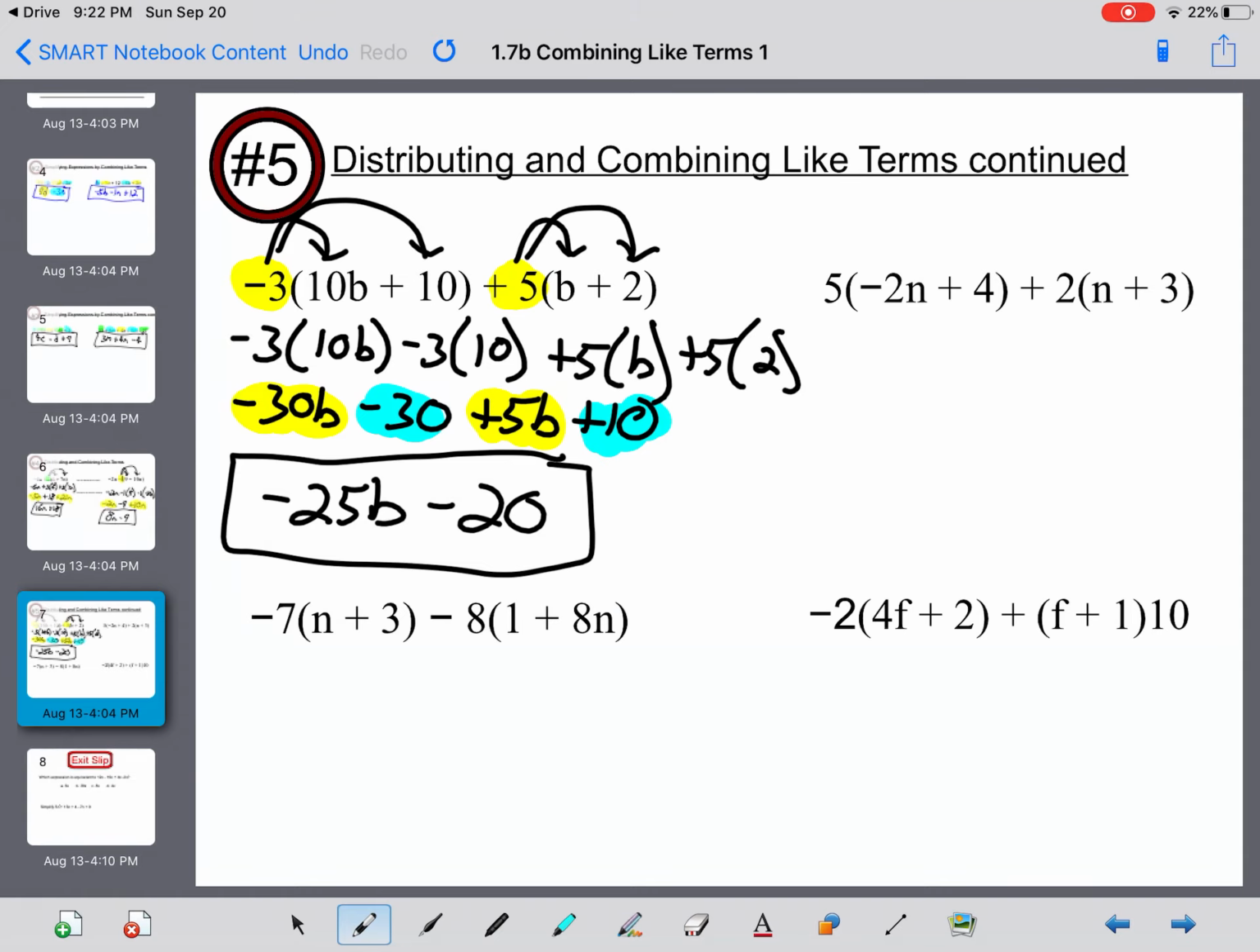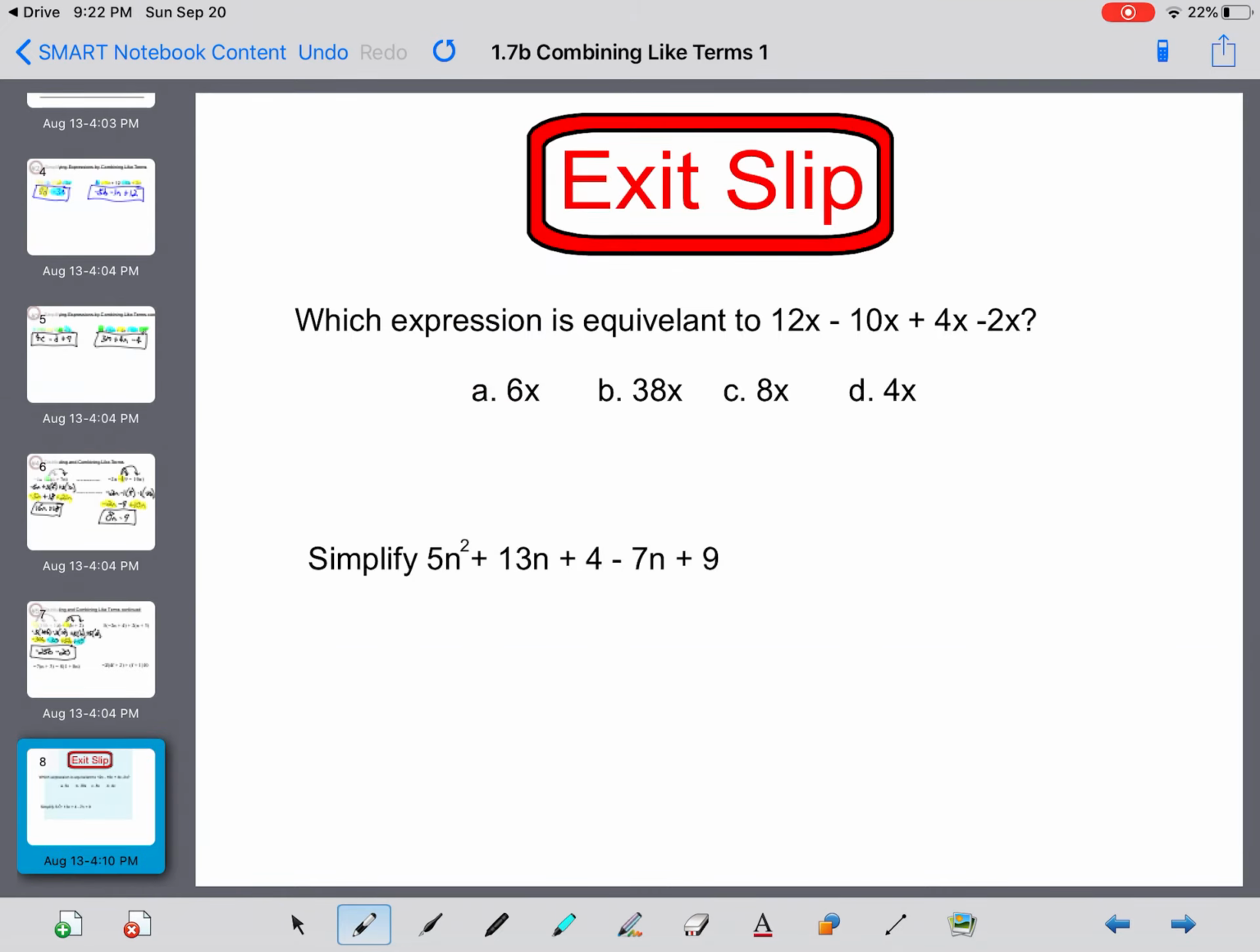Okay, try the next 3 on your own. Don't forget to submit your work. I'll check your answers when you're done. And of course, don't forget to do the exit slip. You have a multiple choice question, and then they want you to simplify on the bottom. All right, don't forget, submit your work via email or